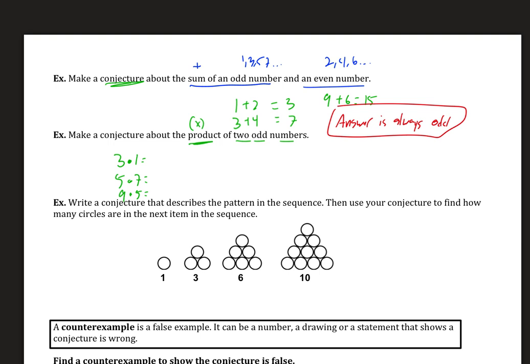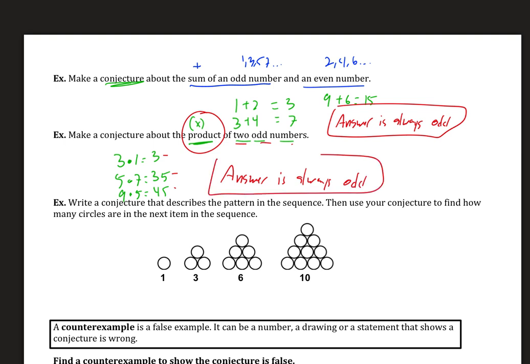All right, 3 times 1, well, that's 3. 5 times 7, 35, and even 9 times 5. And look at that. Again, whenever we multiply or find the product of two odd numbers, our answer is always